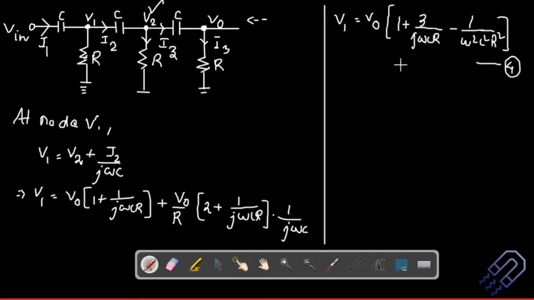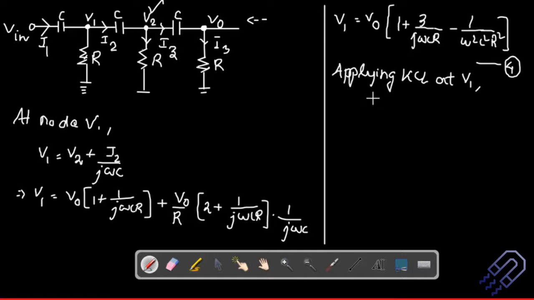This is equation 4. Then we are going to apply KCL at V1. It's the same logic. First we find out the voltage drop at V2, and then use KCL to find out the current. Here we find out the voltage drop at V1, and now we again use KCL. So again the same logic, applying KCL at V1. I strongly suggest all of you to please practice it.